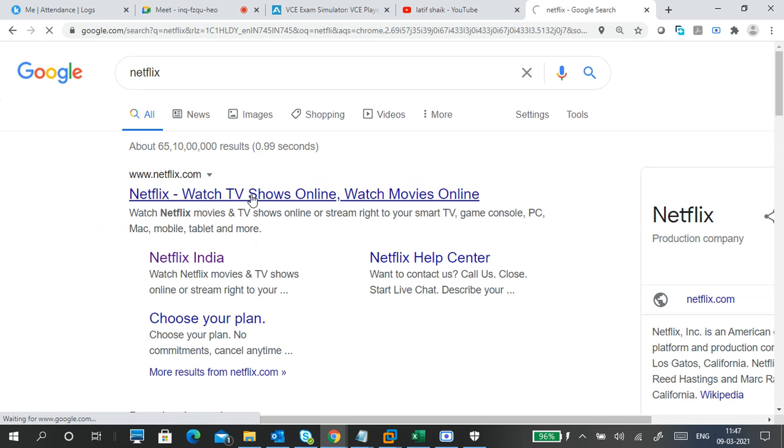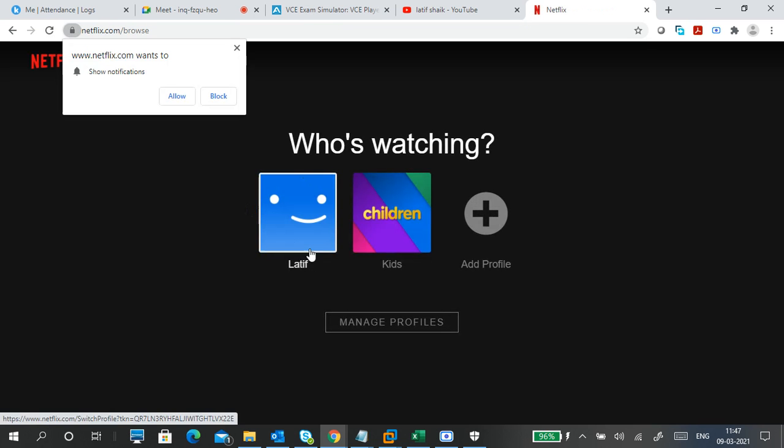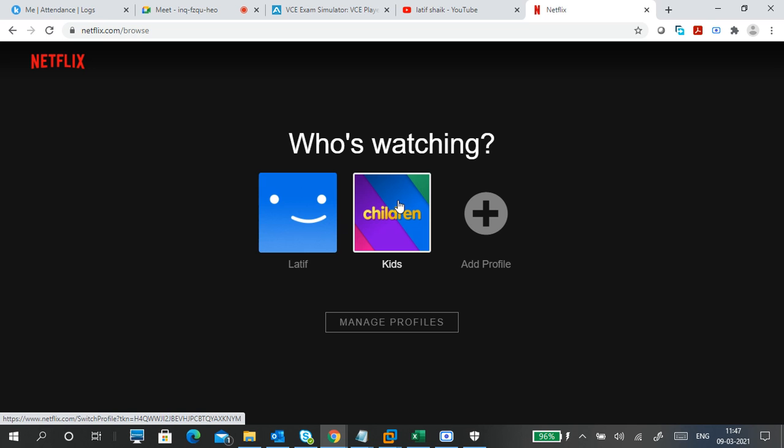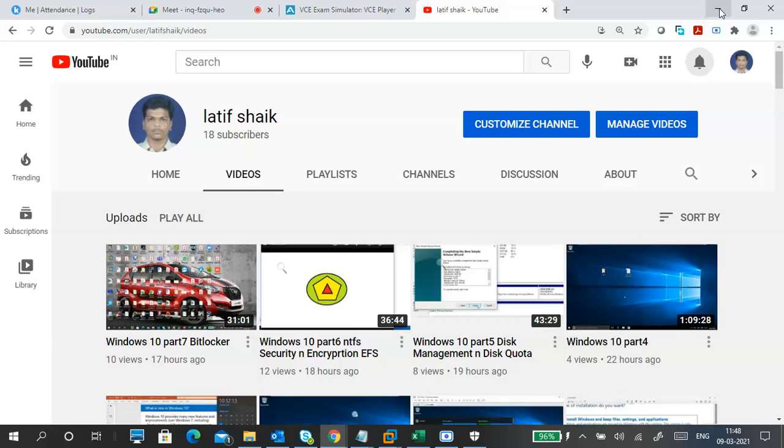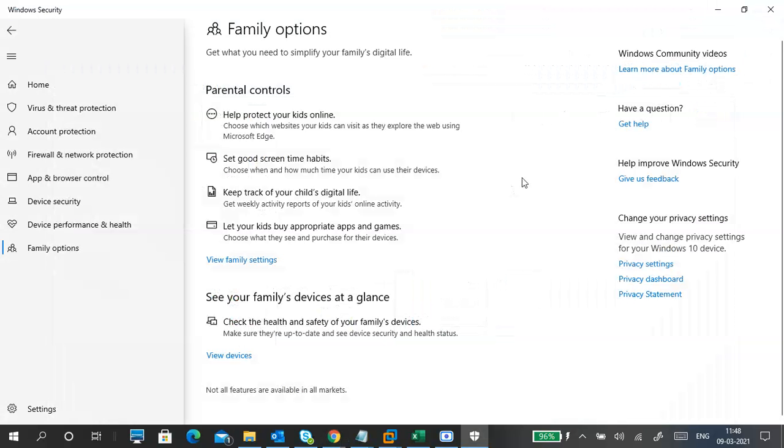When you open Netflix, it will ask for a profile. This is my common profile. If kids want to watch my Netflix, choose the Netflix Kids profile, or put a password, or you can create a profile depending on what kind of kid it is: a very small kid, a slightly older kid, or a teenage kid. Whatever it is, a kid is a kid. So we can profile it. We are getting a choice to protect the kids, so we should know there is an option to do it.